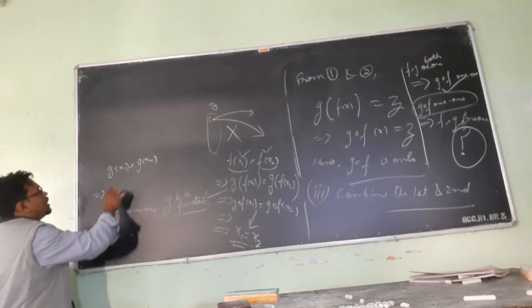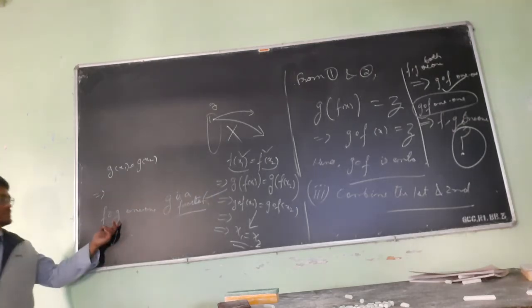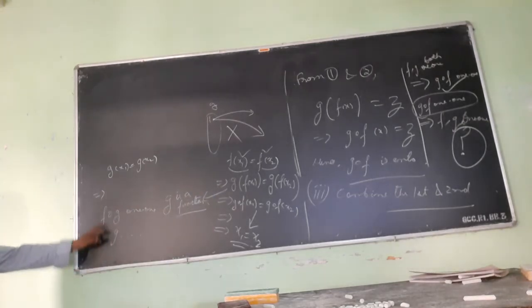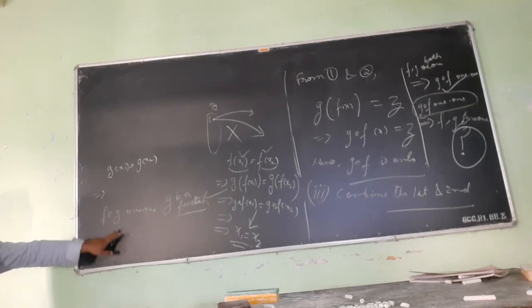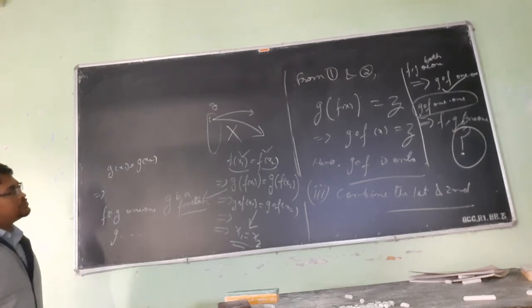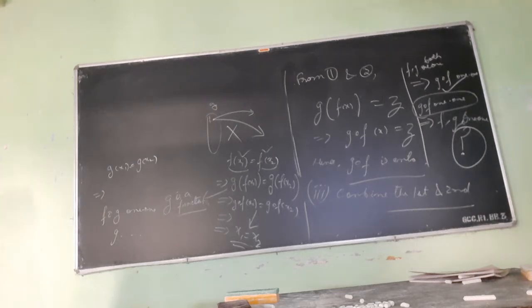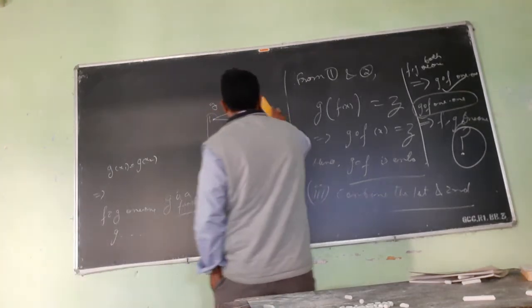This is exactly the same as that; only the symbols are changed. So whenever a composite of two functions is one-one, the inner function, the first function here, is one-one. That is guaranteed. What about the outer function? Can you find some examples where gof is one-one, but g is not one-one? I think we have already discussed this. It was discussed for long.